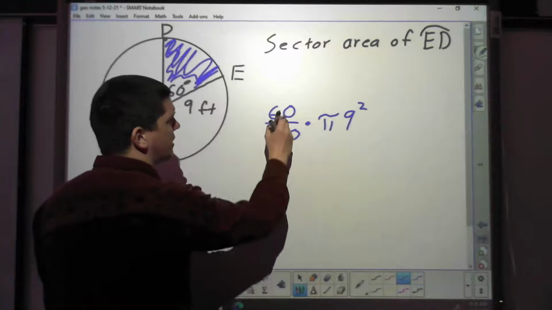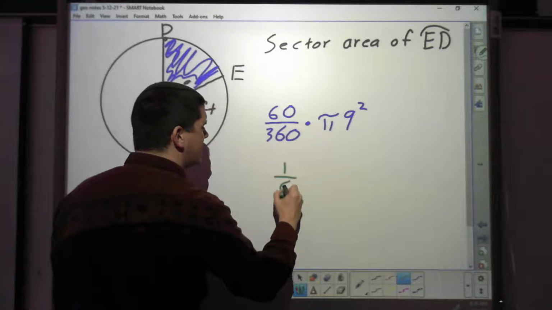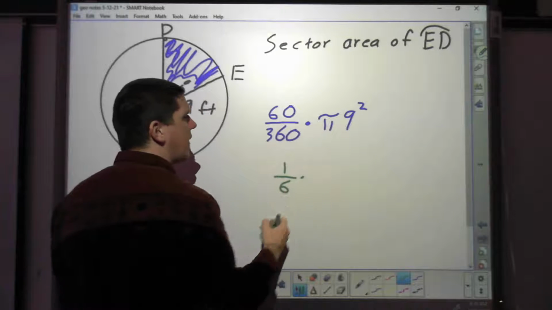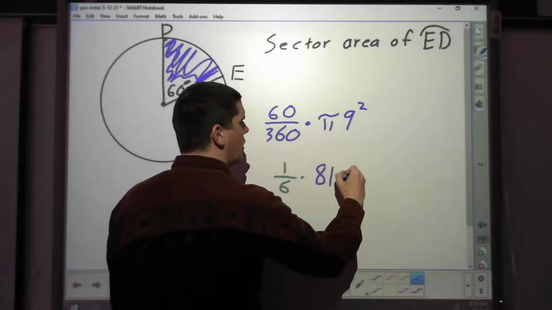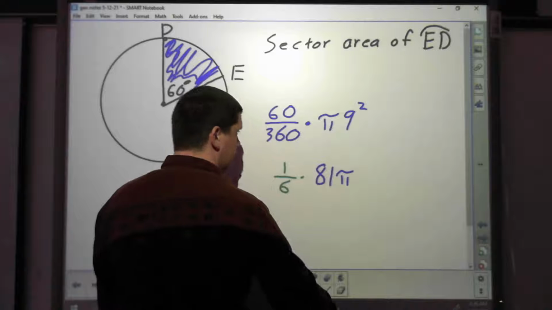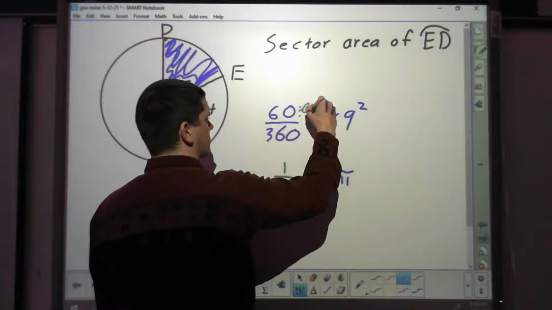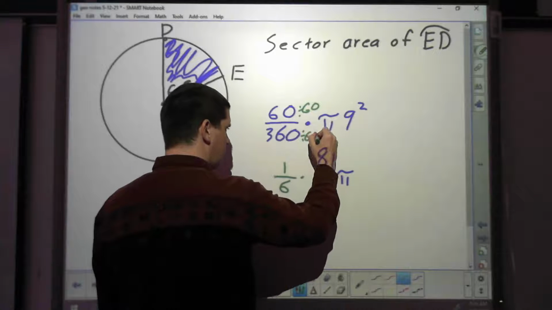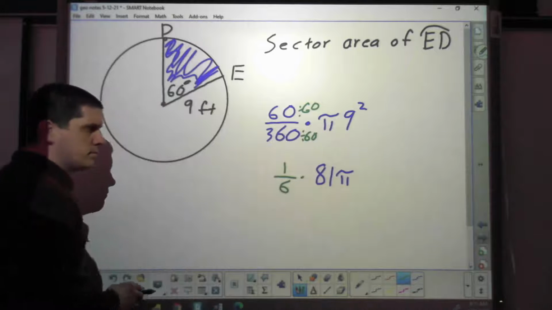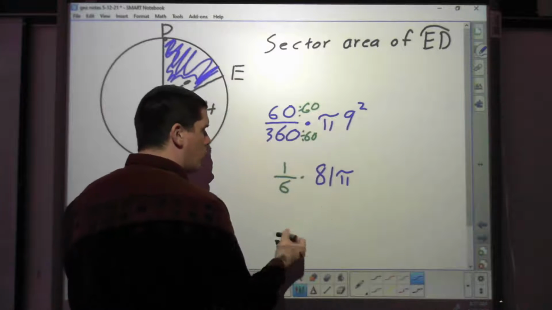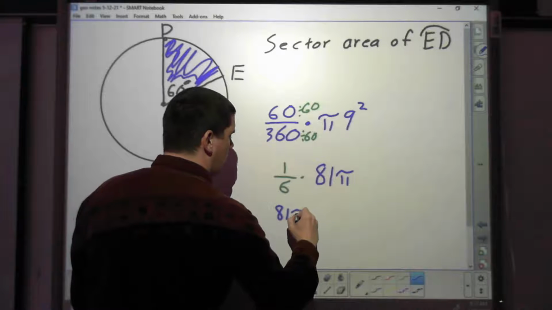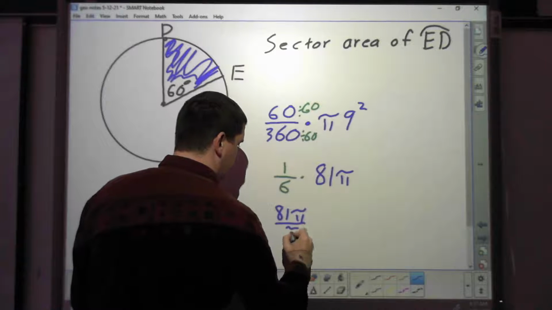And then 6 over 360, I get 1/6 times 81 pi. So that's going to give me 81 pi over